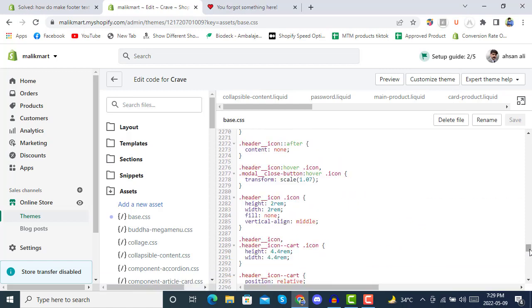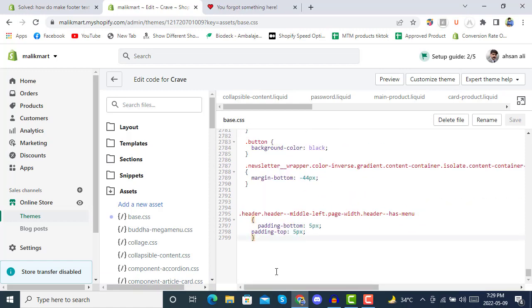So here you see we are going to the bottom, and there you have to paste that class you have just copied. Replace the spaces inside the classes with a dot, and then put a dot at the very first. If you are going to implement CSS with the help of a class, you have to put a dot at the very beginning like this here. And if you are going to write custom CSS for some ID, then you have to replace the dot with a hash, right? So here we are going to write